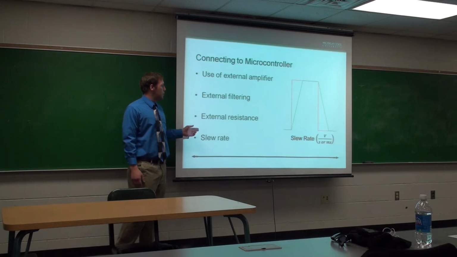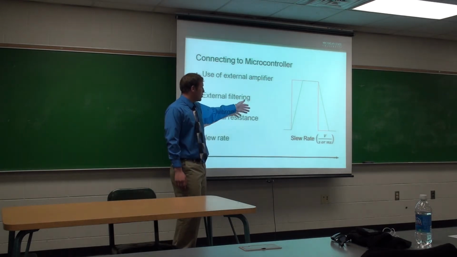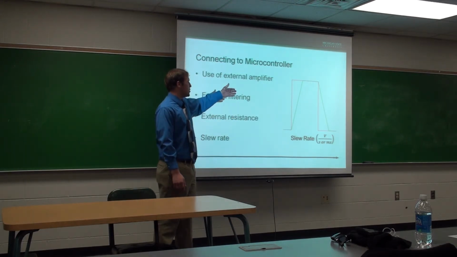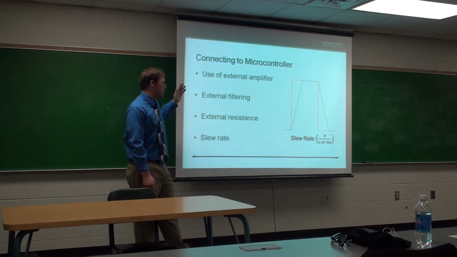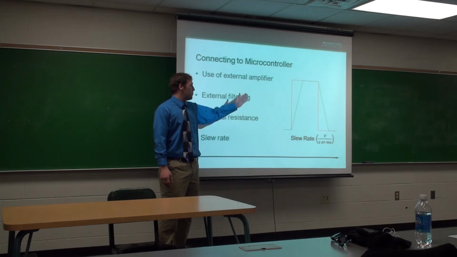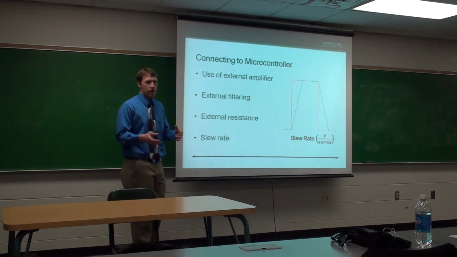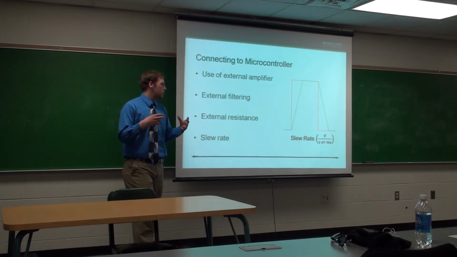So the picture on the right or the left here shows the slew rate of a signal as opposed to a square wave. Square wave is in red. That's the ideal signal that we are trying to generate. The slew rate is slightly skewed a little bit. This is because the slew rate of any type of amplifier or device that you're going to implement in an external circuitry has some time where